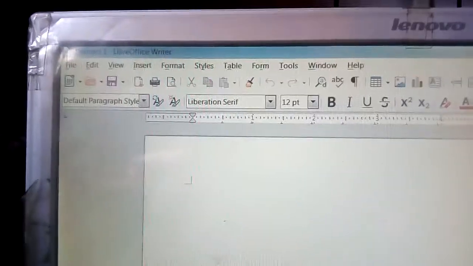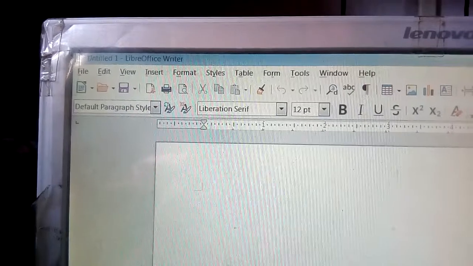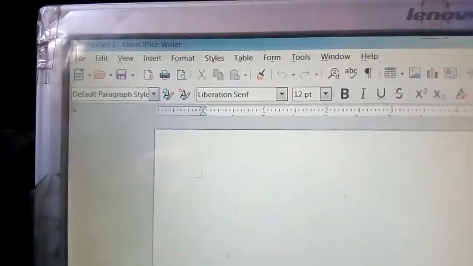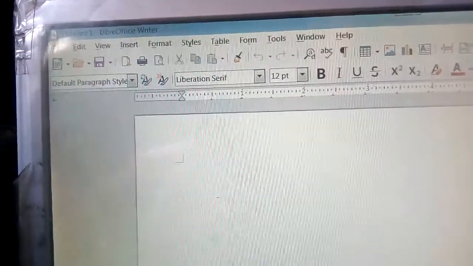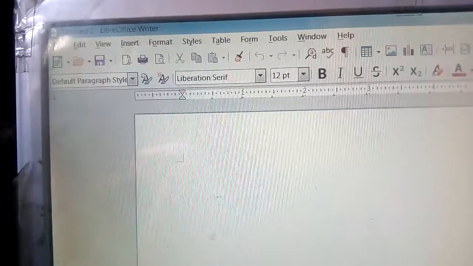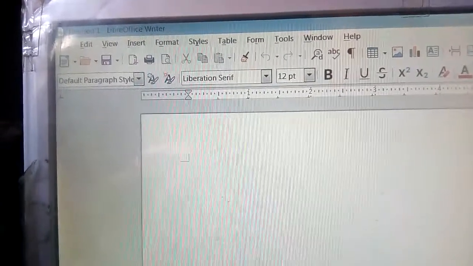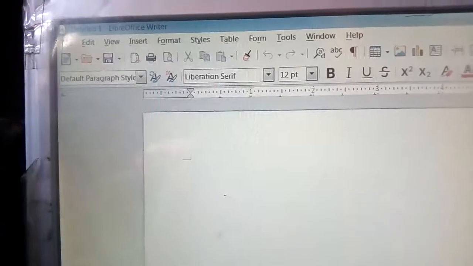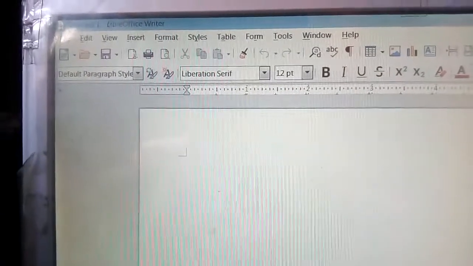Here you can get inbuilt drawing tools. Then you can link with graphics, with a spreadsheet, with PowerPoint. So different objects you can link through LibreOffice Writer.